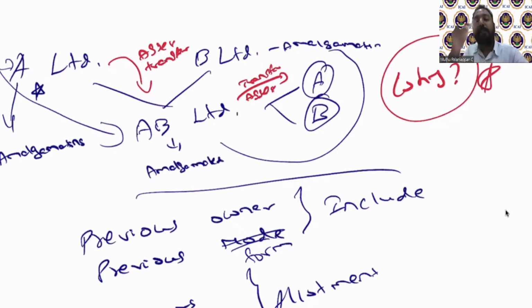Future, right? Amalgamated. So now it's like past. So now it has happened. A is one company, B is one company. They are currently amalgamating. It's a process happening. AB is an amalgamated. So that's the end. So amalgamated has become an end. So that is why it's called an amalgamated company.